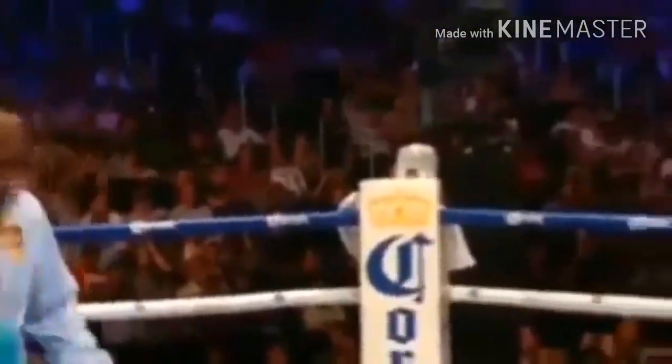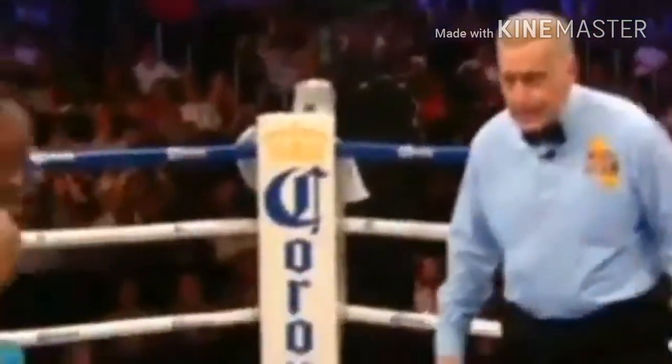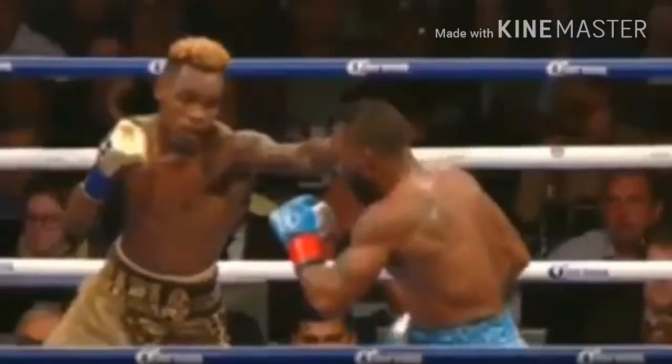Right hook upstairs for Austin Trout. Final 10 seconds. Trout back working with Barry Hunter. And Jermall Charlo enjoying nothing but success with Derek James. We're at the midpoint of this championship fight. And from Trout, that would kind of knock Charlo off balance. There's a right hook to the back of the head, and then here will come